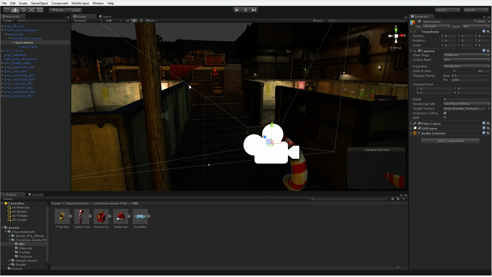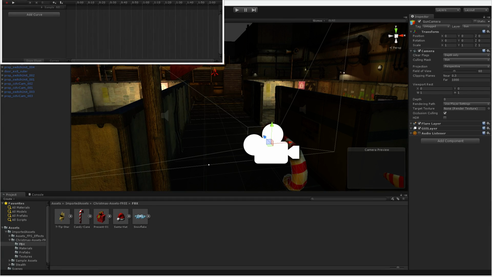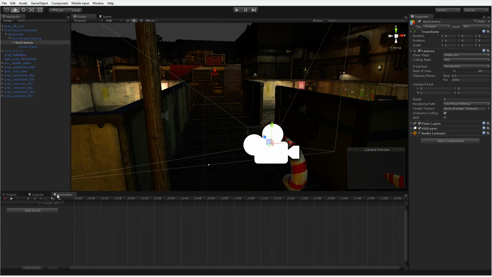So what I'm going to do is I'm actually going to use Unity's animation tools to make my various animations. And so I'm going to open my animation window. I'm going to go to Window, and I'm going to open Animation, not Animator, and that happens a lot. I want Animation right there. And I'm just going to go ahead and mount this here. No, I don't want that there. I'm going to put it at the bottom. Put it there. All right, so I have my animation window here.